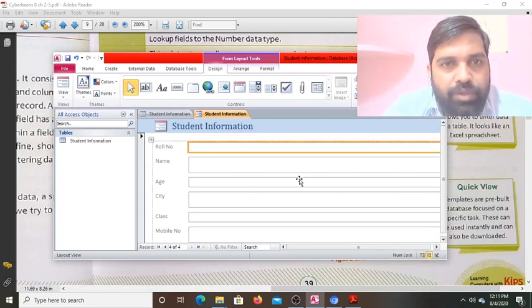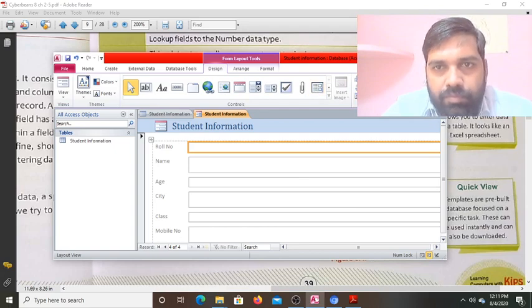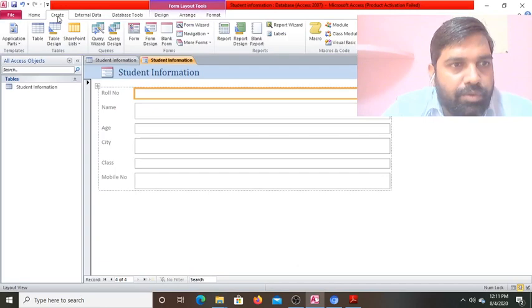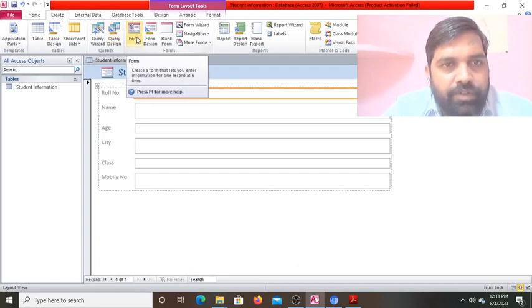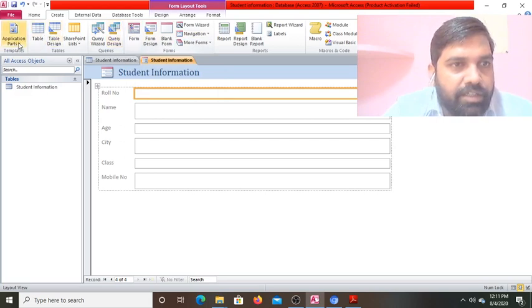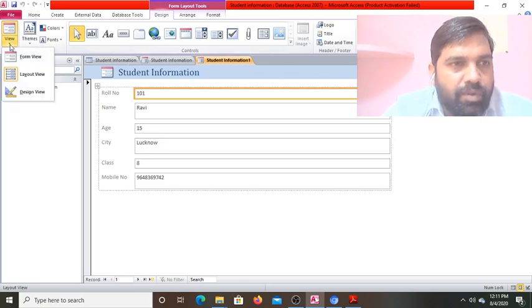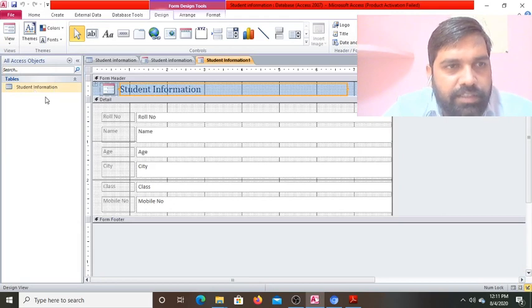Okay. In the Create tab again you have to go. So here you see the form view, design, blank forms, others are there, query in the table. So again click on the form, go in the view, you'll find this is the design view. Here you can design the form also. Okay. So like this you can do it.